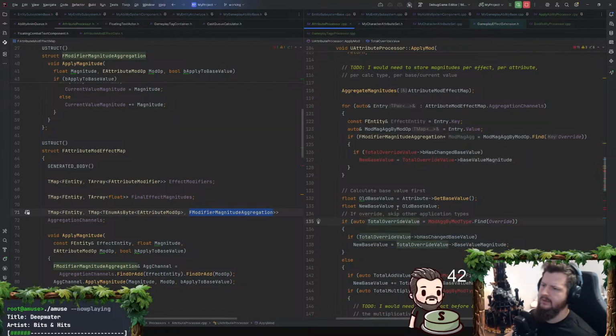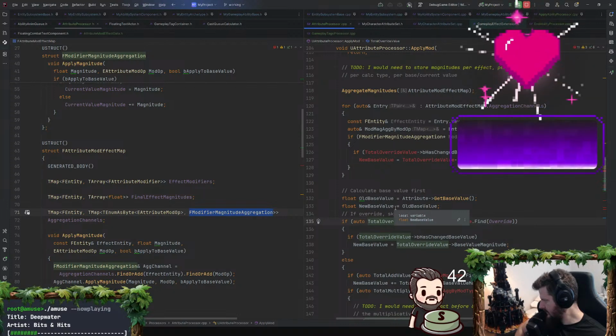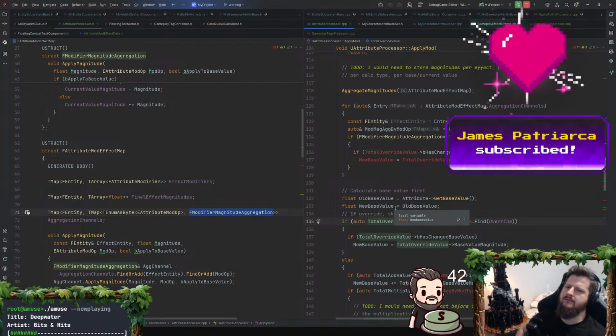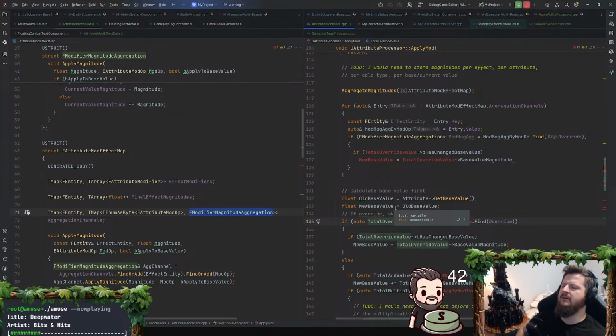Total override value. Yeah, so I guess the problem is, oh man, the override settings. That's gonna be nasty.